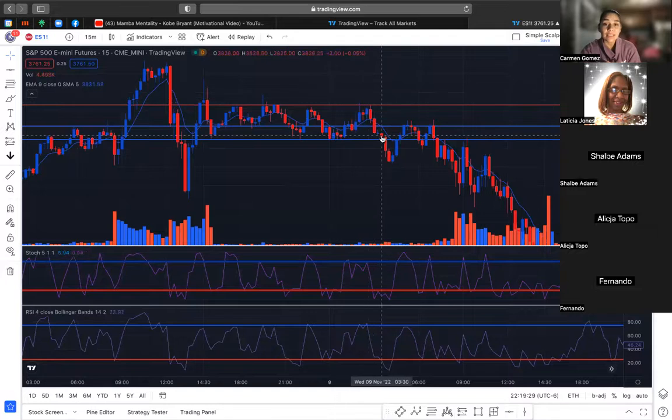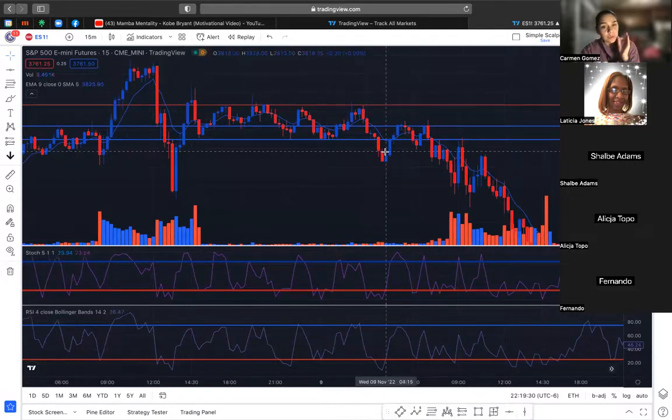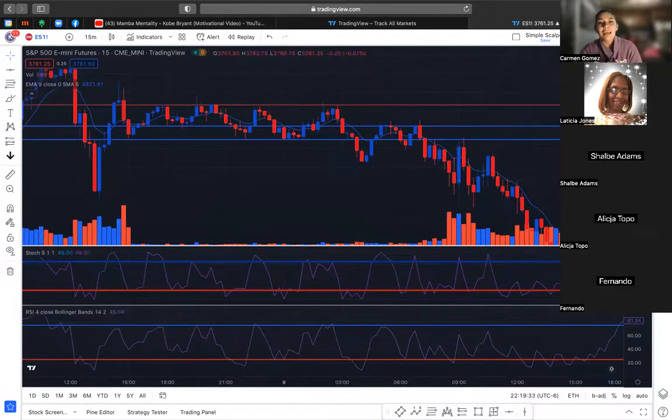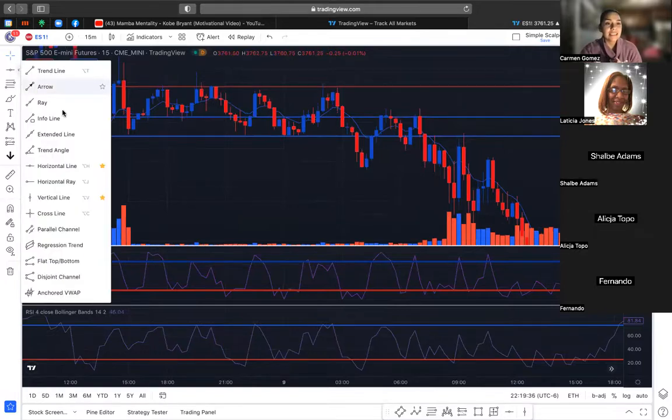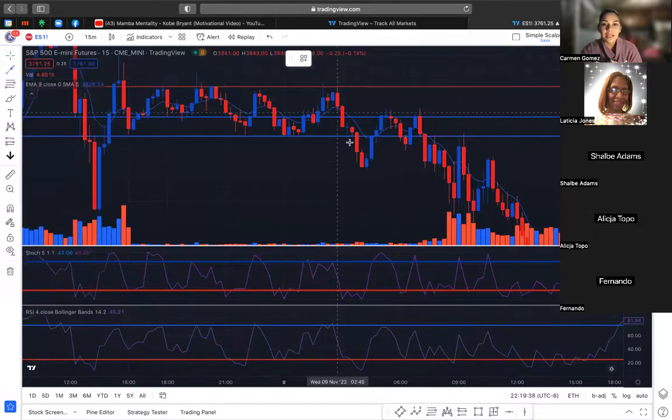So we can see that price is consolidating. I see that price now broke down, and this is where people make the mistake. People will see this movement right here, this particular candle, and they see, okay, it broke below my line of support, and they would initially get in for a sell. Why? Because they see price is now below the 15 EMA, signaling that the market is potentially in a downtrend, a downward movement.